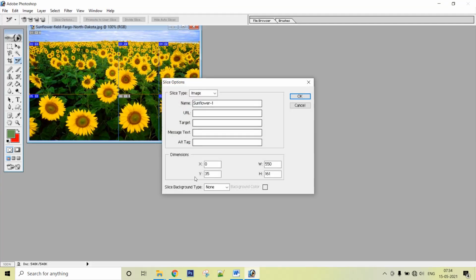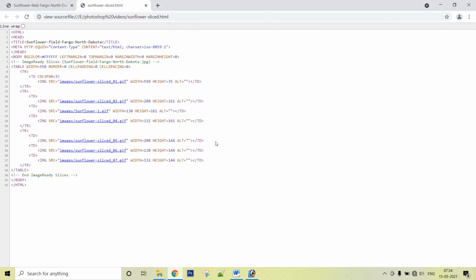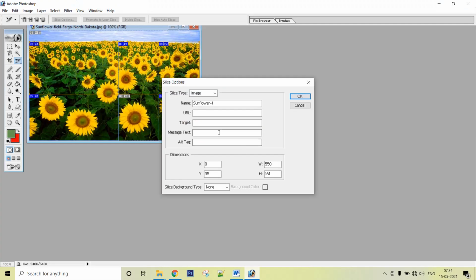So let me try, suppose, any page. This is slice one, so I give google.com here, and I save it.